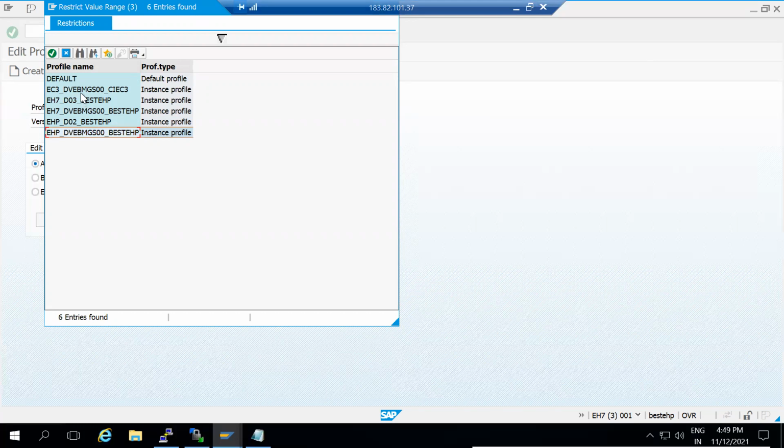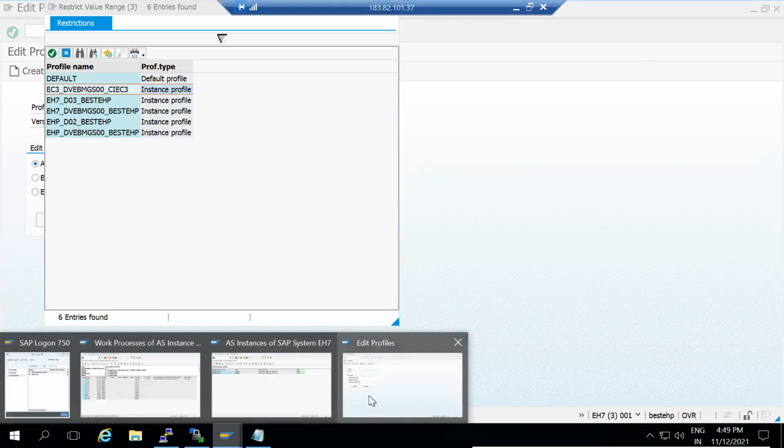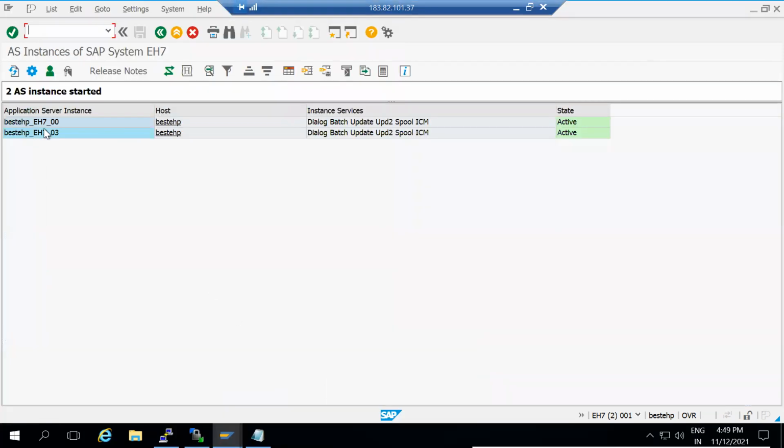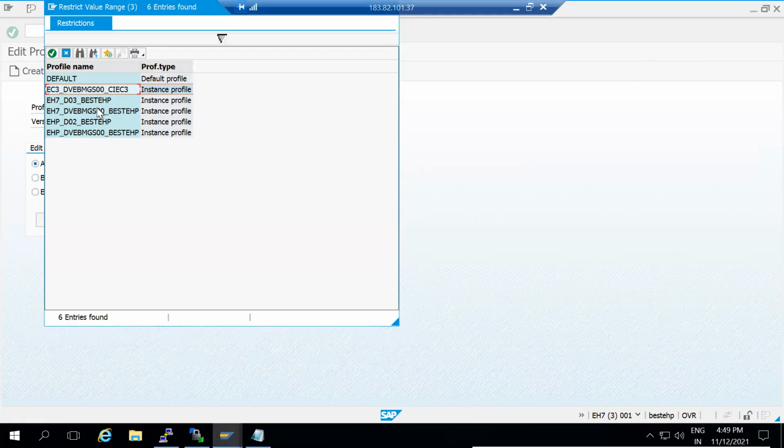So these three do not exist. According to SM51, we need to identify by host name, instance number, and SID. I can easily tell this is the dialog instance, and this is the CI.